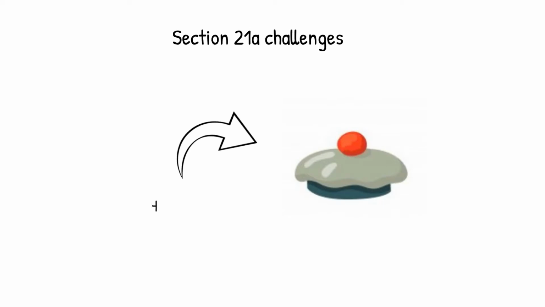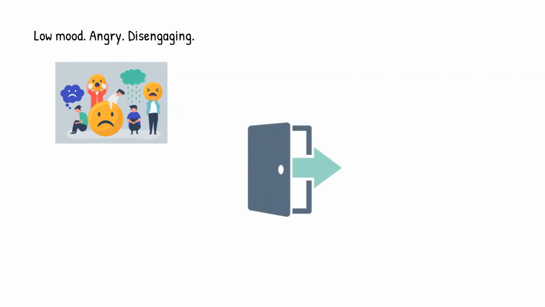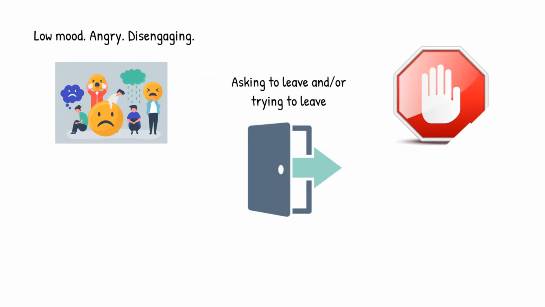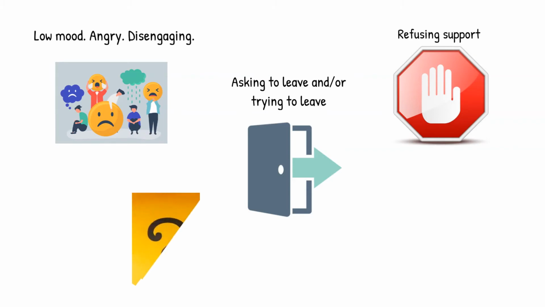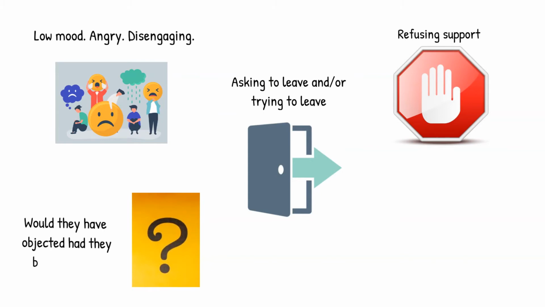Section 21A challenges. Similar to the role of managing disputes are Section 21A challenges. These are when either the individual, their representative or another wishes to challenge a deprivation of liberty safeguard, known as a DOLS, that is in place. The individual may, for example, be showing objection to their care arrangements which amount to a deprivation of their liberty, or there may be a doubt over whether the arrangements are indeed in the individual's best interests.